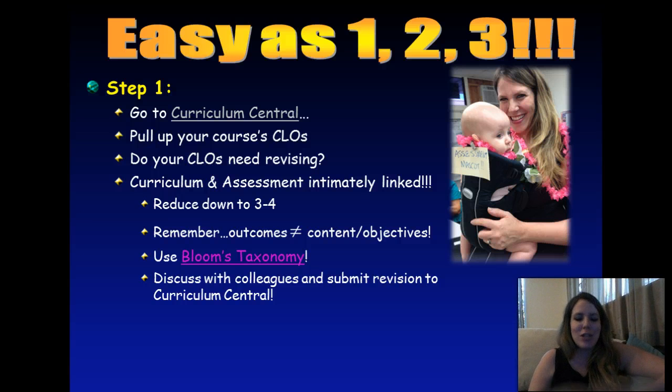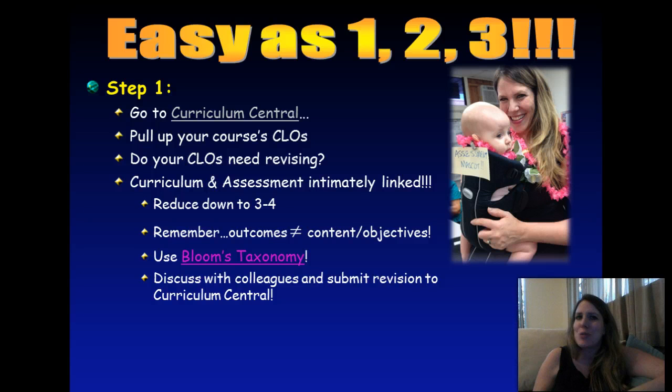Now, of course, you can't just suddenly rewrite your course learning outcomes and have them be the official course learning outcomes. They have to go through the curriculum process. So after you've revised your CLOs today, I want you to go back after the workshop and dialogue with your colleagues about what you have proposed. And if everybody's in agreement, or if you want to work together to fine-tune those, then go ahead and submit it as a revision to the course outline for your course. That's part of keeping this cycle going, and very, very important.